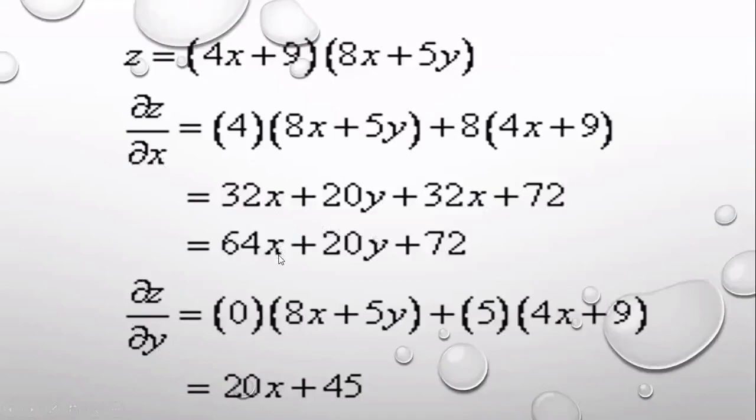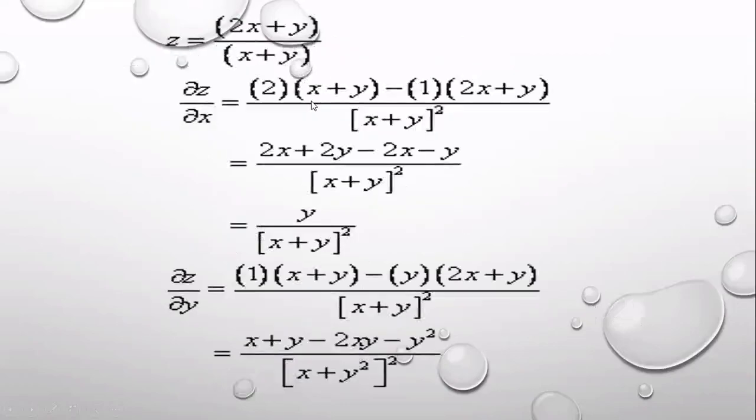Right? So here no need to explain anything. You will do partial differentiation. When you do the partial differentiation with respect to x, y should be constant. That's why you want to know it. Here also you will do this. This type of answer is coming. Square at the bottom. Keep that one in the front. If 2 is there, 2, then y is 1, then it is the answer. Then do with respect to y, this should be the answer.